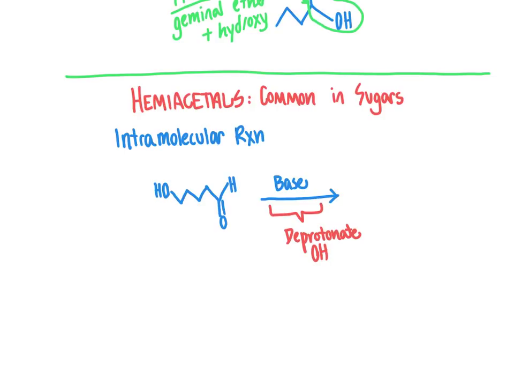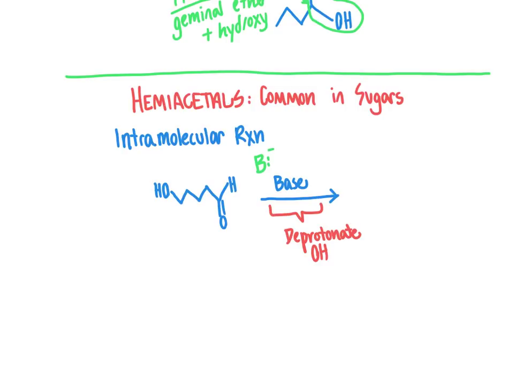And you'll very commonly see that the cyclic forms of sugars are written in chair conformations because they are 6-membered rings, and in some cases 5-membered rings, depending upon the exact sugar that we're talking about. Glucose typically is a 6-atom ring. Ribose is a 5-atom ring, all of which you'll get to if you take biochemistry at some point. But for now, we're just trying to look at overall, in general, what's the reaction that takes place when we have a hydroxy group and an aldehyde or ketone present within the same molecule to get an intramolecular reaction cooking